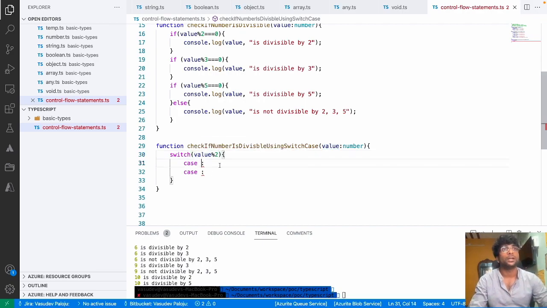So you have to attach a case where value is 0, where value is something else, right? So if case 0, it means